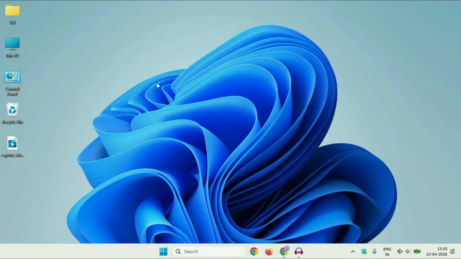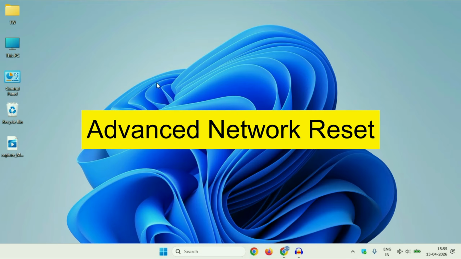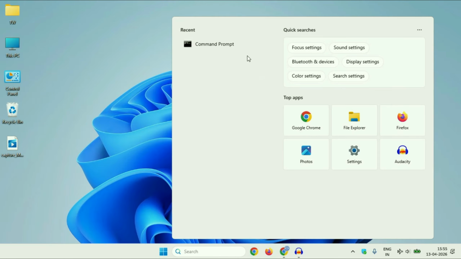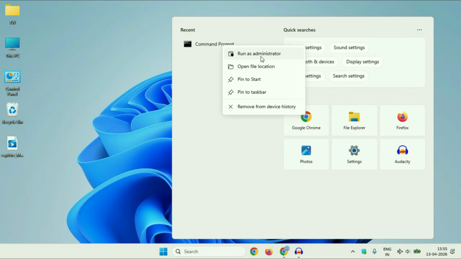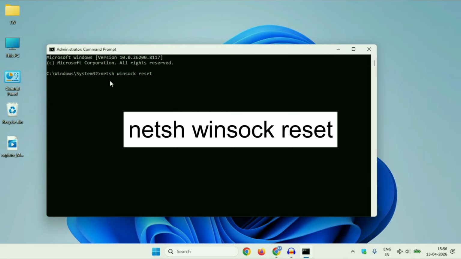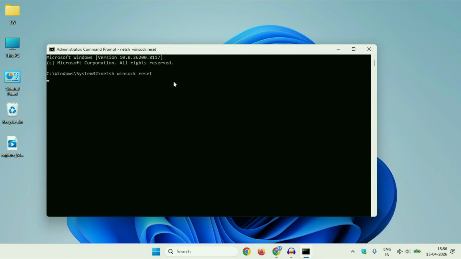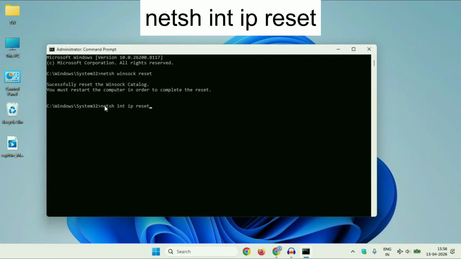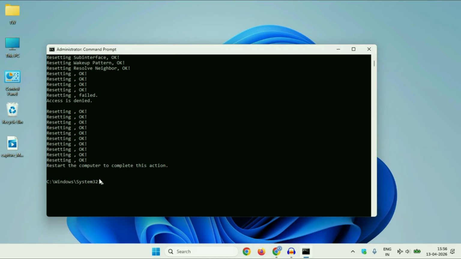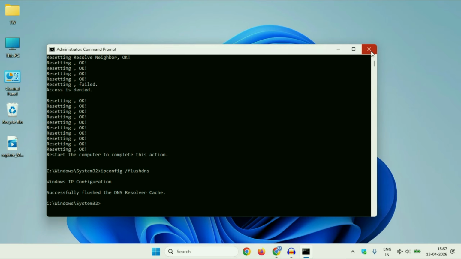Now move on to the next method, Advanced Network Reset. In this method, we will reset the network using command prompt. So click on this search box and then type CMD. You will see this kind of option command prompt. Right click on it, then click on Run as Administrator. Now you have to type few commands. So the first command will be, type this command carefully, then press enter. After that, type the next command. Type this command carefully, then press enter. Now the final command will be this. Type this command carefully, then press enter. That's it. Close this window and